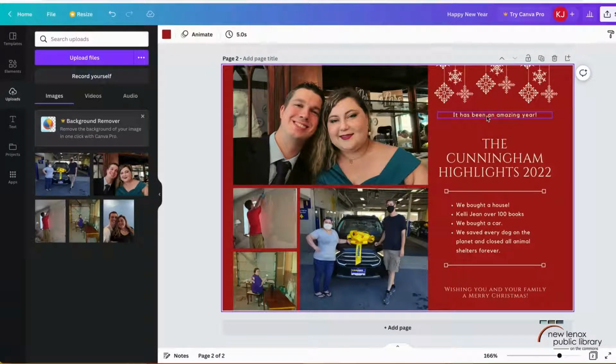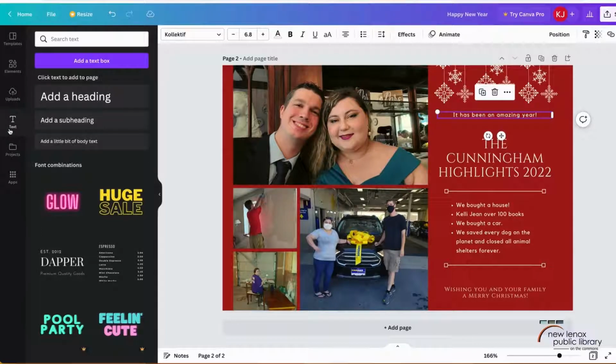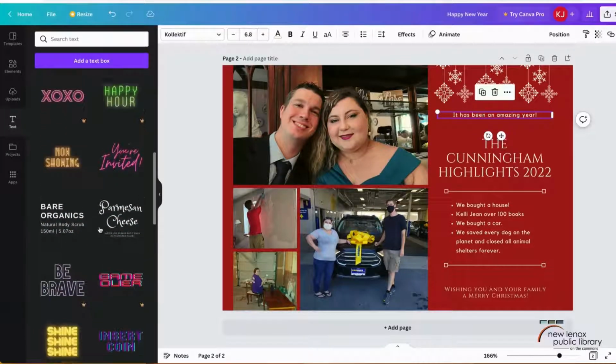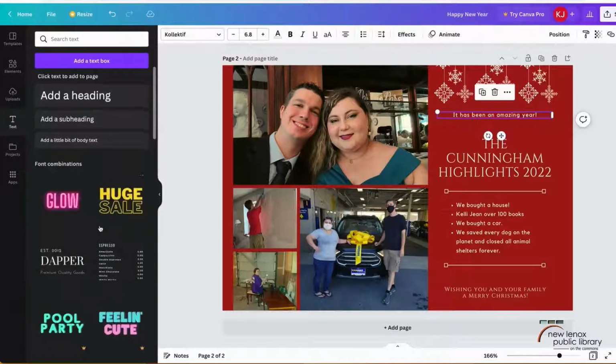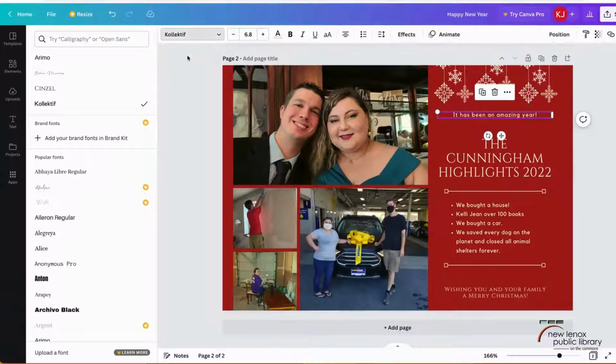And if I want to make adjustments to the template, I can also change the font. So up here we have the name of the font, and to the side there's also a tab for text. So in the tab for text, there's a couple of different pre-made things that you can edit. These are really high graphics. These are really more designed for businesses, and you can see a lot of them fall under that premium account. But it gives you the option of creating different types of text size and text boxes over here. But since what we're doing is just adjusting something that's already here, I'm just going to go to the top here and look at our